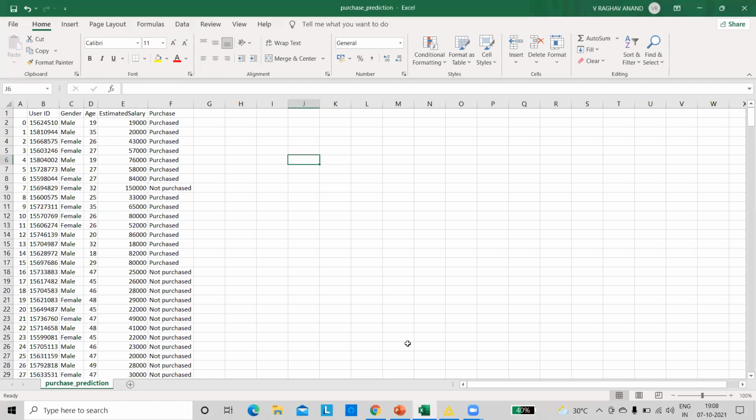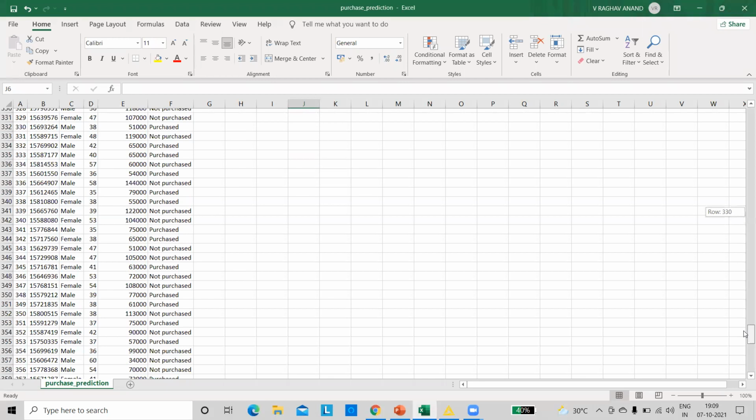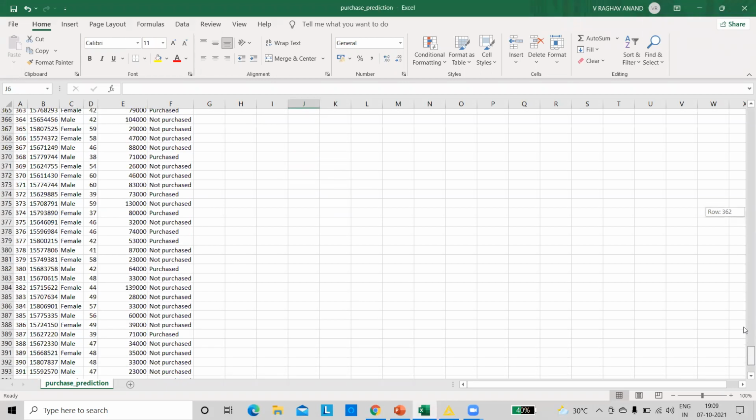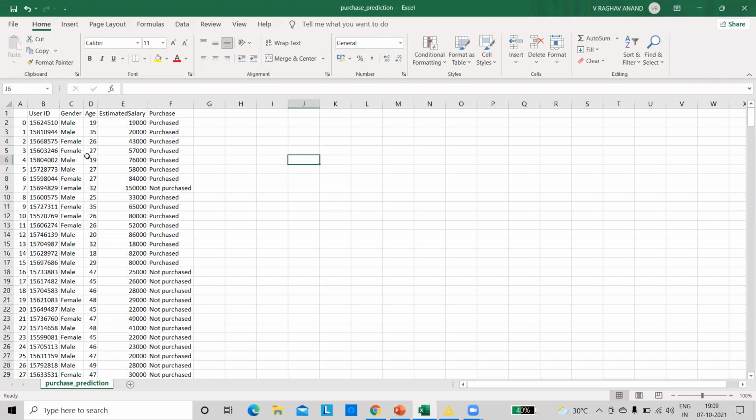So this is the data set after downloading. This is a dummy column, which basically consists of serial numbers that count the total number of rows. This data set contains about 400 rows and 4 columns, as you can see here. Excluding the dummy column, we have 1, 2, 3, 4, 5 columns over here, including the target column.